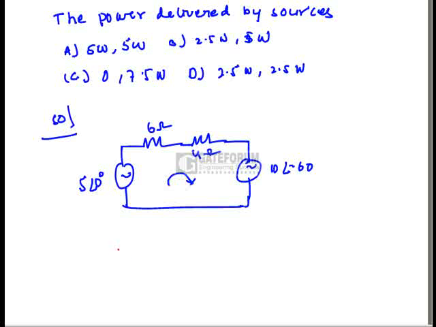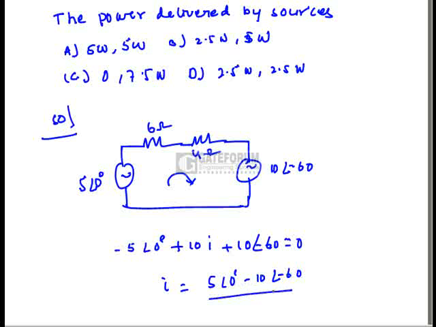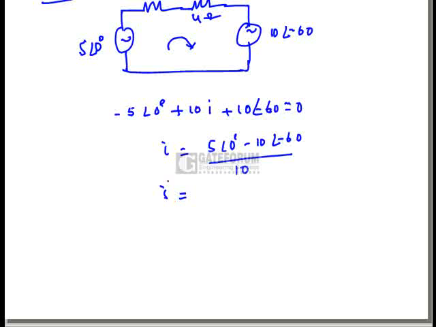Now if I apply KVL here, minus 5 at an angle 0 degrees plus 10 into I plus 10 at an angle minus 60 degrees equal to 0. Now we have to find out I. I is nothing but 5 at an angle 0 degrees minus 10 at an angle minus 60 degrees by 10. Now if you solve for I, we will get